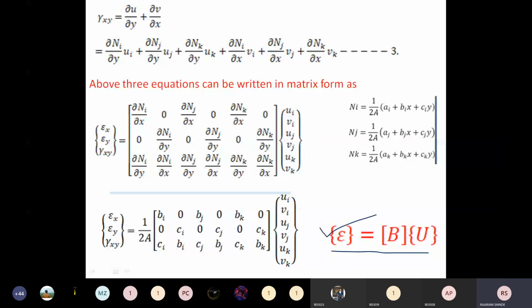Okay, and it has ui vi wi, uj vj wj, uk vk wk, and ul vl wl. That means u1 v1 w1, u2 v2 w2, u3 v3 w3, u4 v4 w4. At least or minimum 12 quantities are there. For a three dimensional element, it is starting from 12 equations. Strain equation for a three dimensional element is starting from 12 quantities or 12 simultaneous equations.